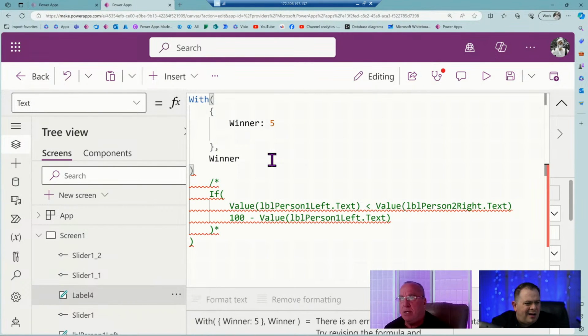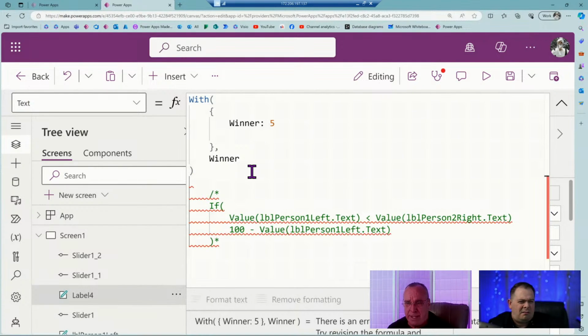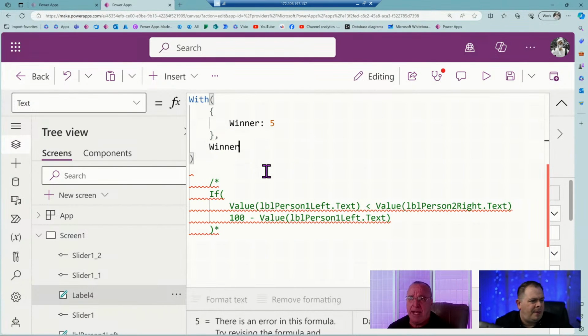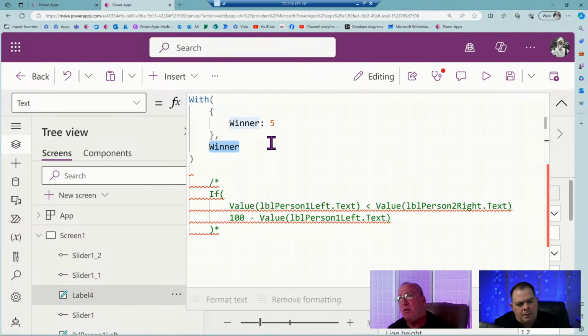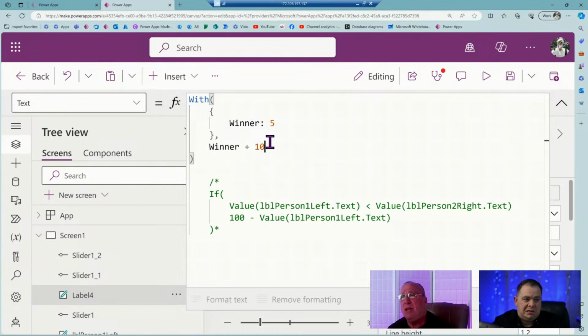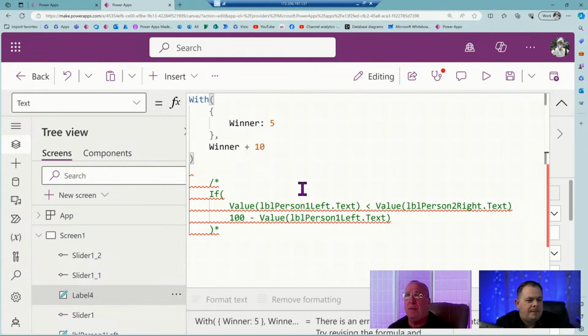What did I do wrong in my with block? You've got that winner after the comma, the second winner. That shouldn't be there, should it? So it should be plus 10. Now that should work.